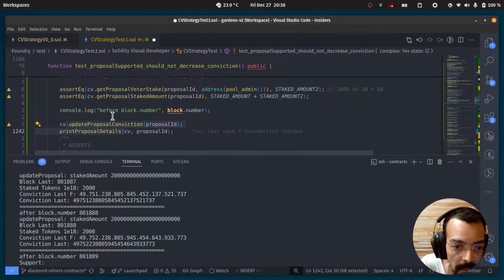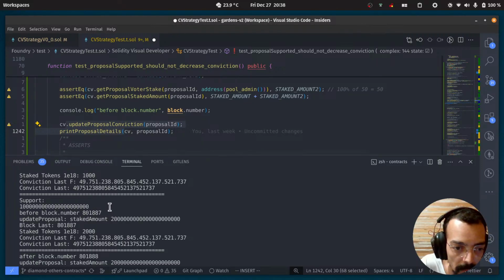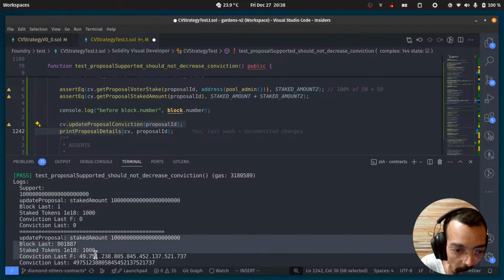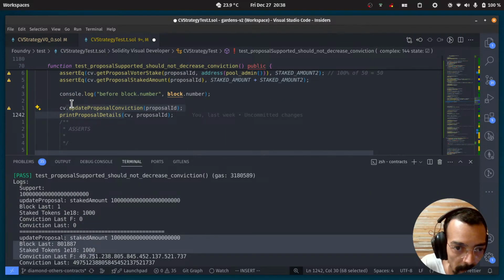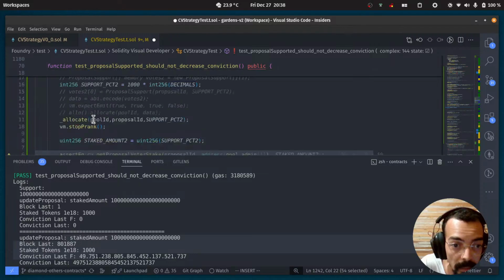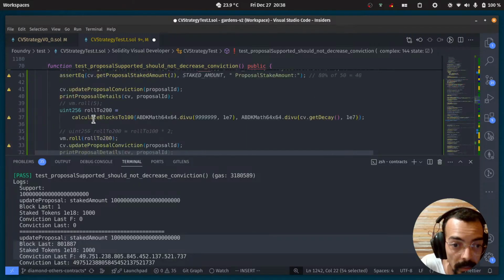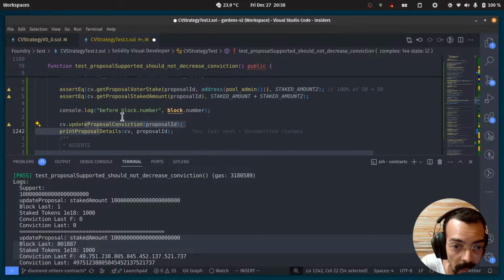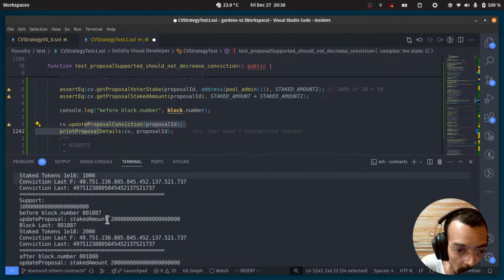Here. Wait a second. Yeah. First. Second. That's the third, right? Yeah, that's the third. Print before block and print. So before